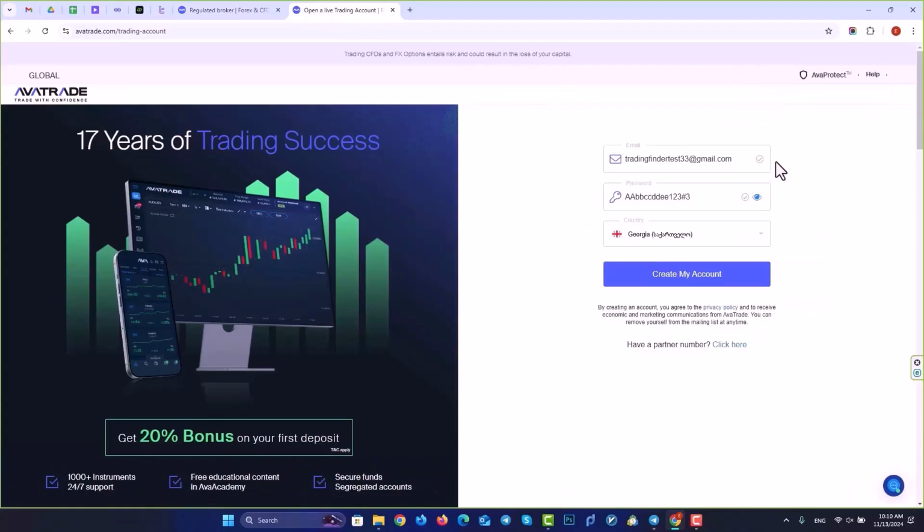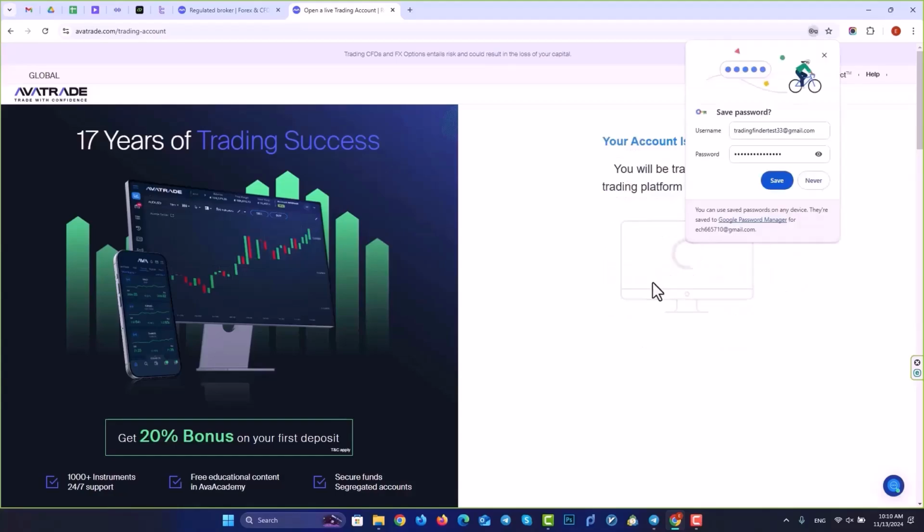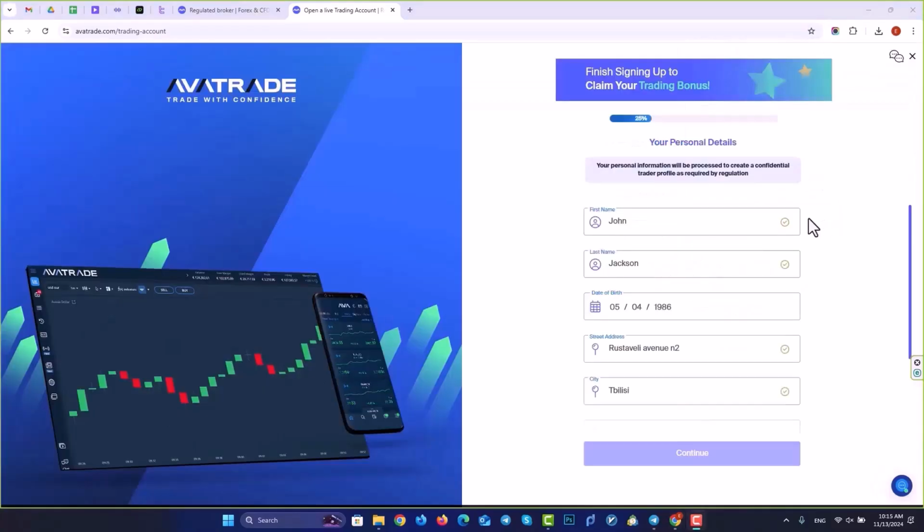In the first section, you enter your email address. In the second section, your password, and in the third section, you select your country, then click on Create My Account. In the next section, you enter your first name, last name, date of birth, home address, and the city